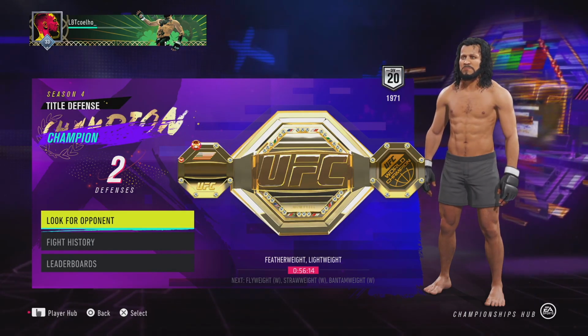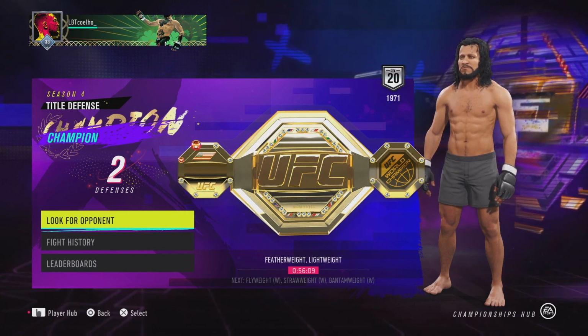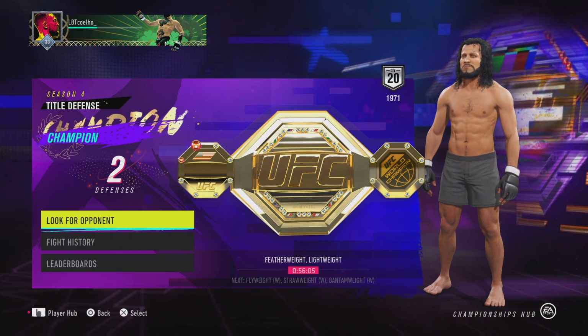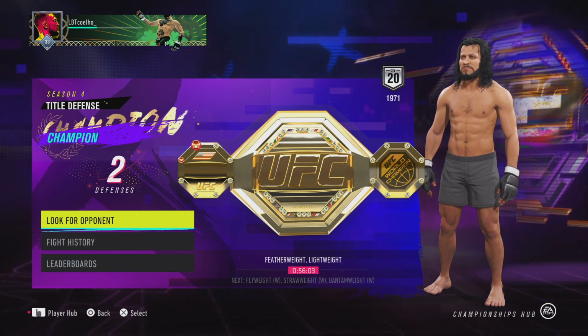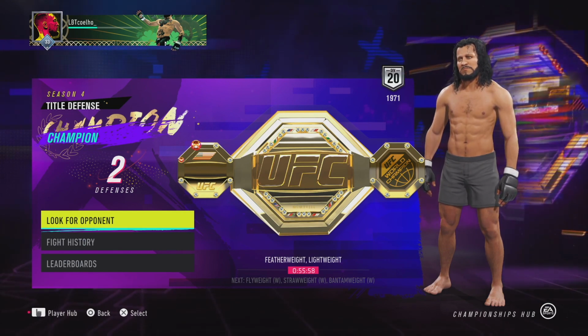Today's video we're going to have some Division 20 online gameplay using Calvin Kattar, and this is for the UFC Fight Night this weekend coming up. So Calvin Kattar is going to be fighting Max Holloway as the main event, and this is a very interesting